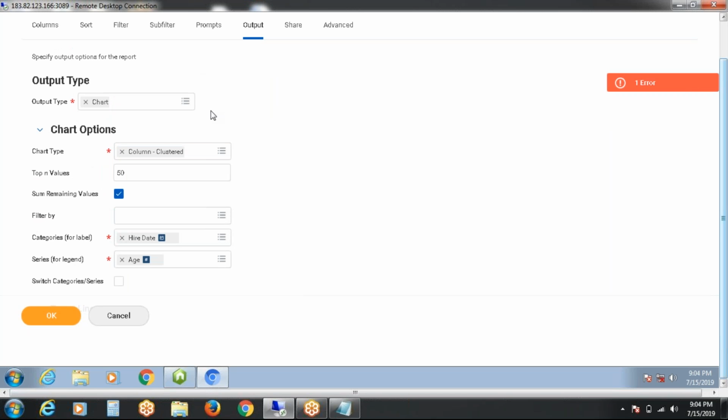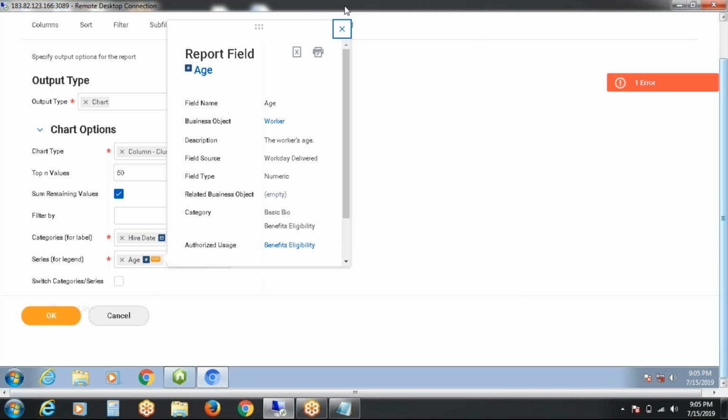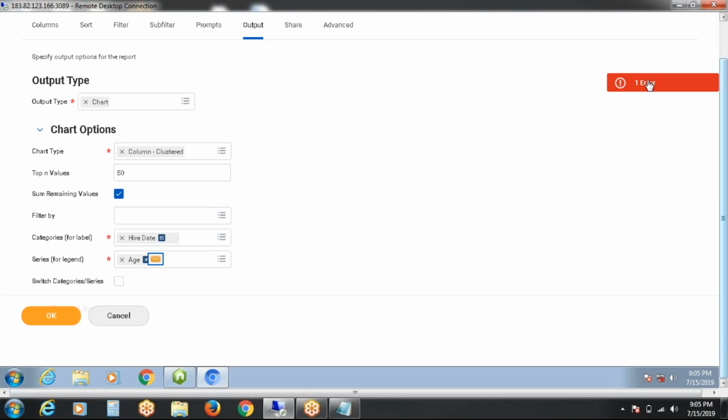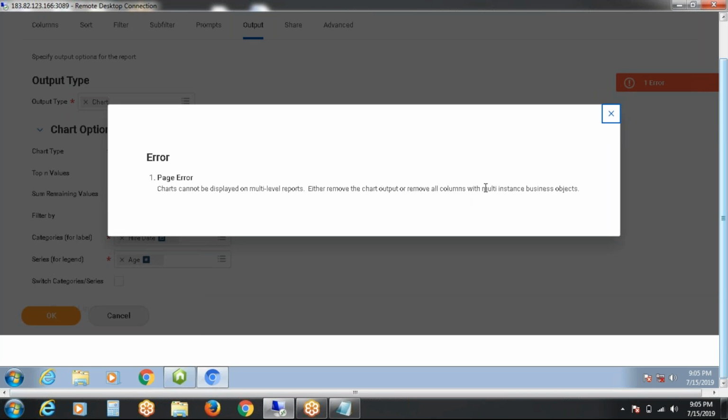So it is not able to provide the chart. Why? Because a matrix report by default can provide the result with a single business object, not with multiple business objects. So that is the reason it is showing an error. Please see, multi-instance business objects are there. Edit, remove the chart output or remove all columns with multi-instance business object.